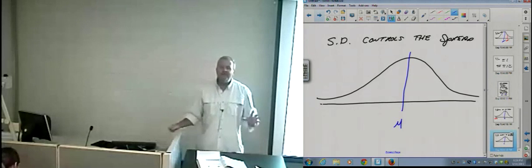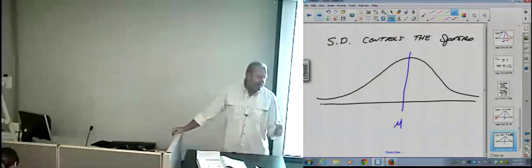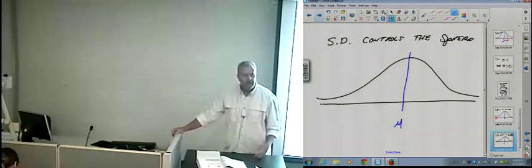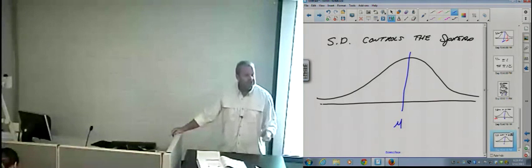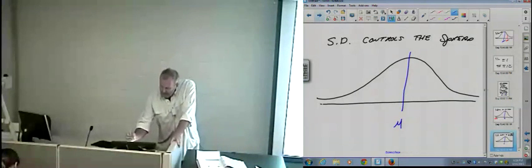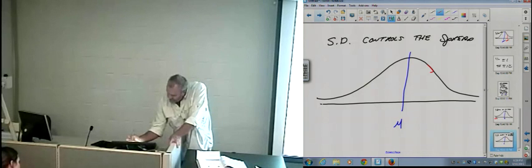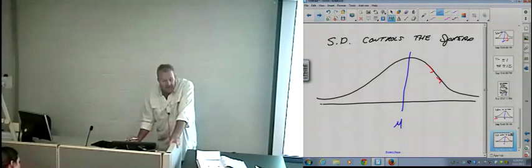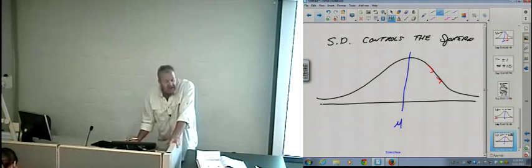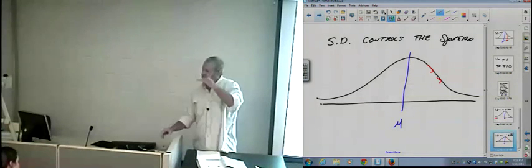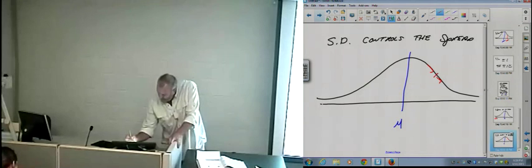Now, I can get a feel for what the value of the standard deviation is. I'm not telling you you're going to read it exact. I'm going to draw you two pictures, one on top of the other, and then I'm going to ask you something about the standard deviation. The standard deviation is this distance right here. You see how the curve is curved down here? And then at this point here, it looks like it starts to curve back up. That's a point where the concavity changes. There's a point where you're curved down, and then it starts to turn and curve back up. So whatever that little point is there,